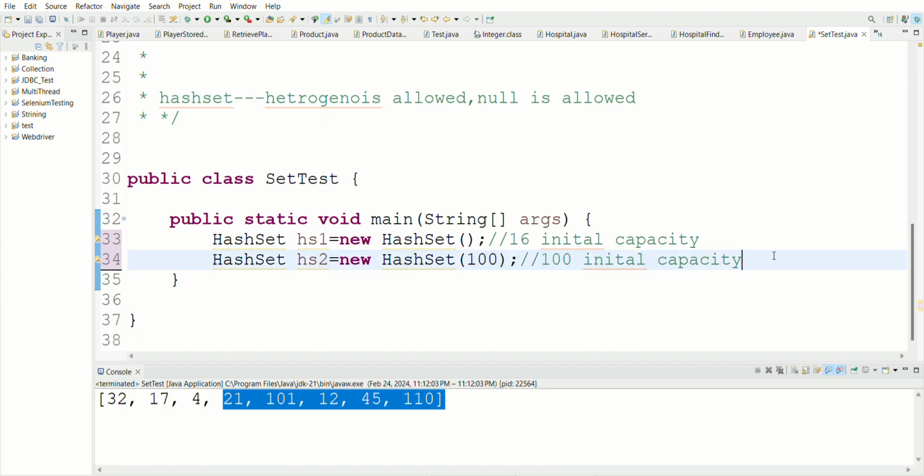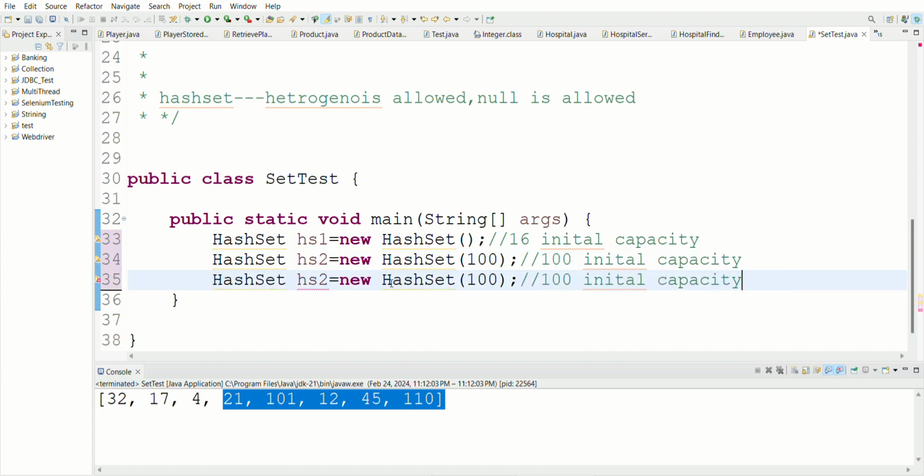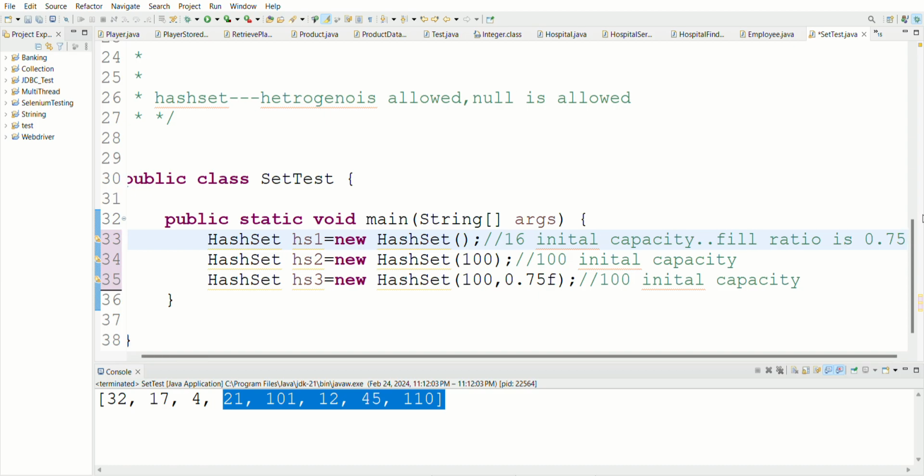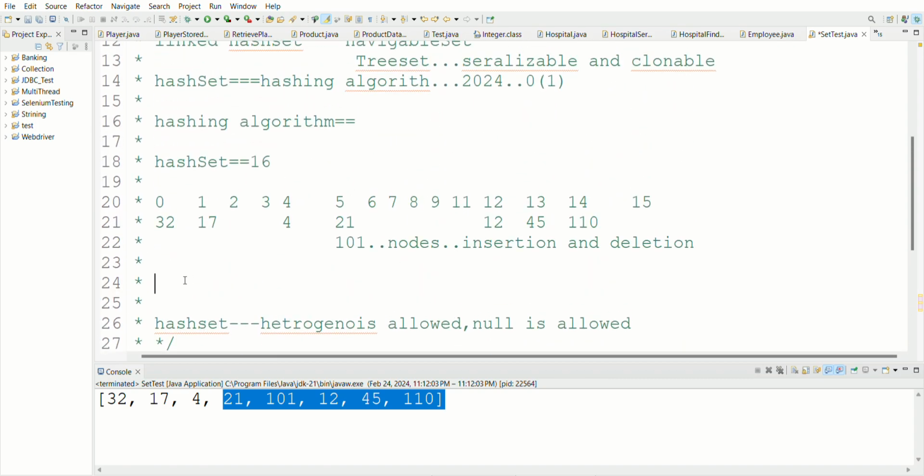Now the third, let me copy this. This is the third. Now in the third we can initialize our fill ratio. What is fill ratio? Here the default initial capacity is 16 and the default fill ratio is 0.75. Let me discuss this. Fill ratio. The default fill ratio is